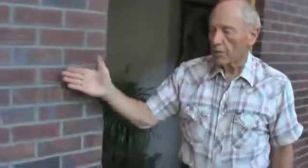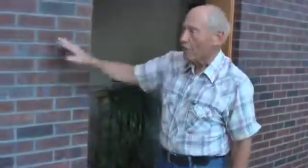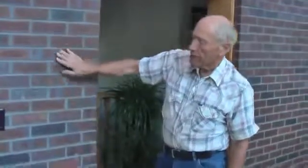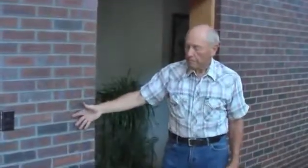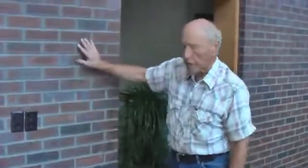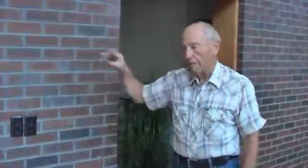I told my sweetheart when I built the house, she could pick any color brick she liked as long as it was dark. Because you have what's called black body absorption in physics, and so when it's dark, it pulls that energy in the optical region of the spectrum, and then at night, due to whatever temperature it's at, it re-radiates. And if you look at the black body radiation